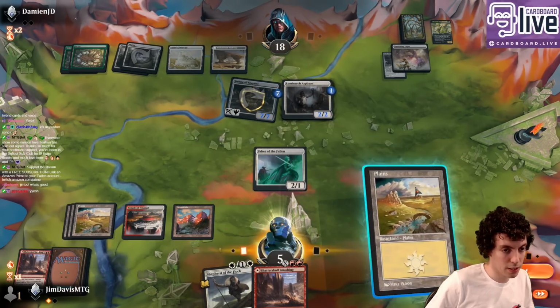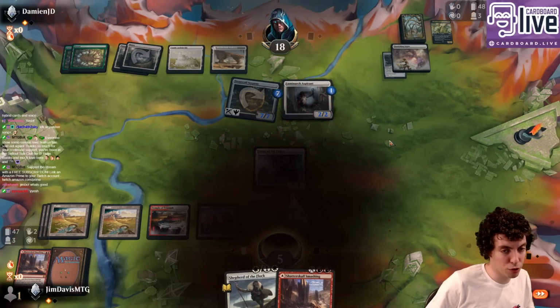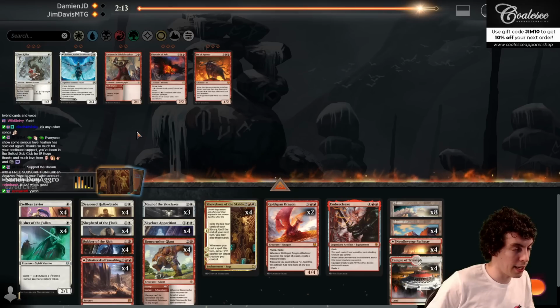All right, that is a land. We're dead. Didn't really draw any gas that game. I guess we drew one good card. They killed it. All right, so we're going to bring in our Skyclave Apparition, which is insanely good against Stonecoil Serpent. And...